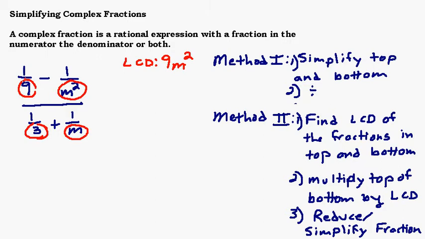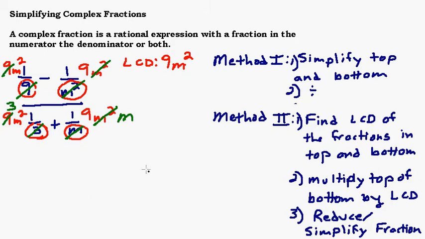Alright, let's do the legwork here. So I left enough room. So we're going to multiply everything by 9m squared, each term. Now we cancel. As I said, 9 and 9 will cancel, m squared and m squared. 3 goes into 9 3 times, and m goes into m squared is just going to leave an m. Remember, m squared is m times m. So we're canceling one of those m's. That's going to leave